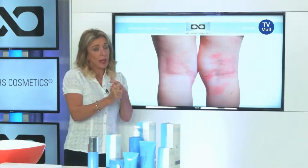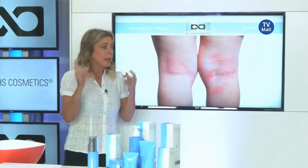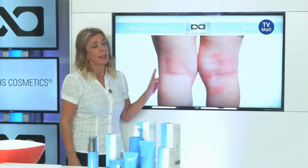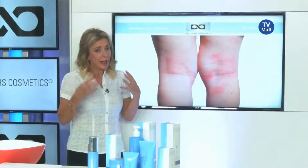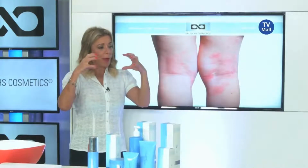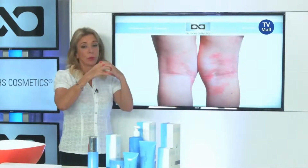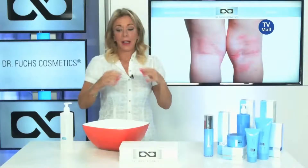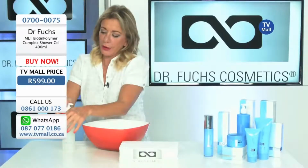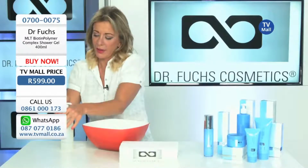So that was the time I was thinking about how we can solve the problem with cosmetics. The problem is that biotin usually doesn't penetrate the skin. So we are specialized, we are really experts in Europe in microencapsulation. That means we packed the biotin into a small capsule together with silk proteins and hyaluronic acids, and then it penetrates the skin. And if you have a problem, or someone in your family with neurodermitis or things like that, please use that